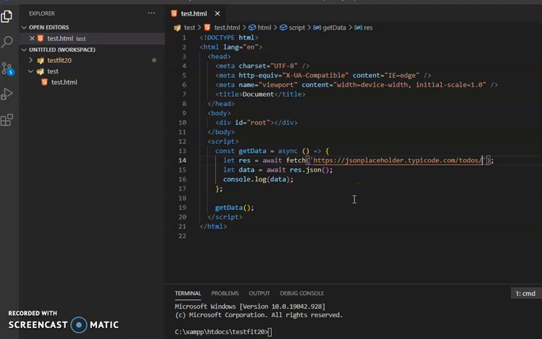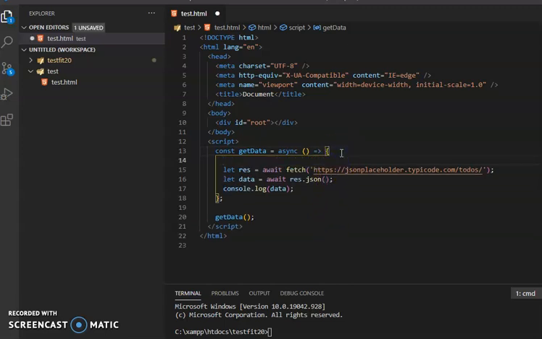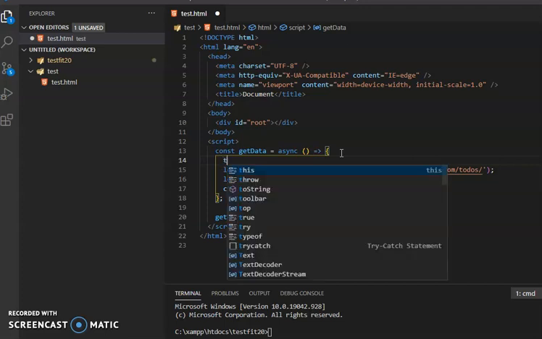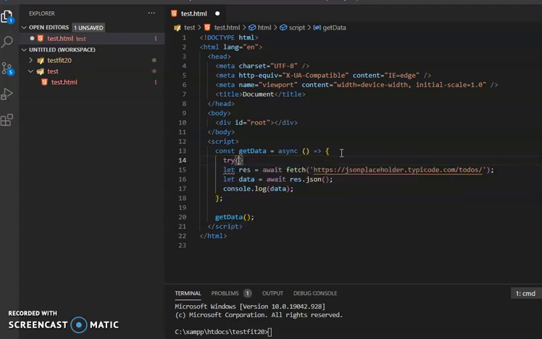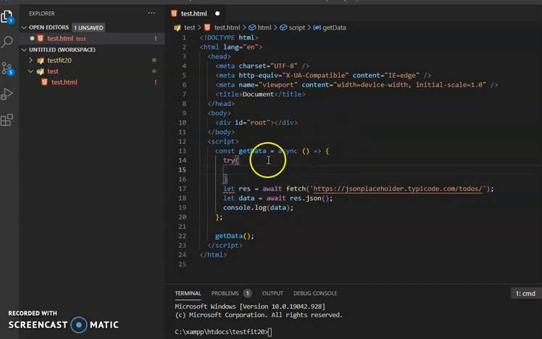I want to show you how to make more efficient code. This will bring you the data, but we don't handle the error here. So how can we handle it? You can put everything inside try and catch. There are many ways to handle the error. You can check the response, for example,